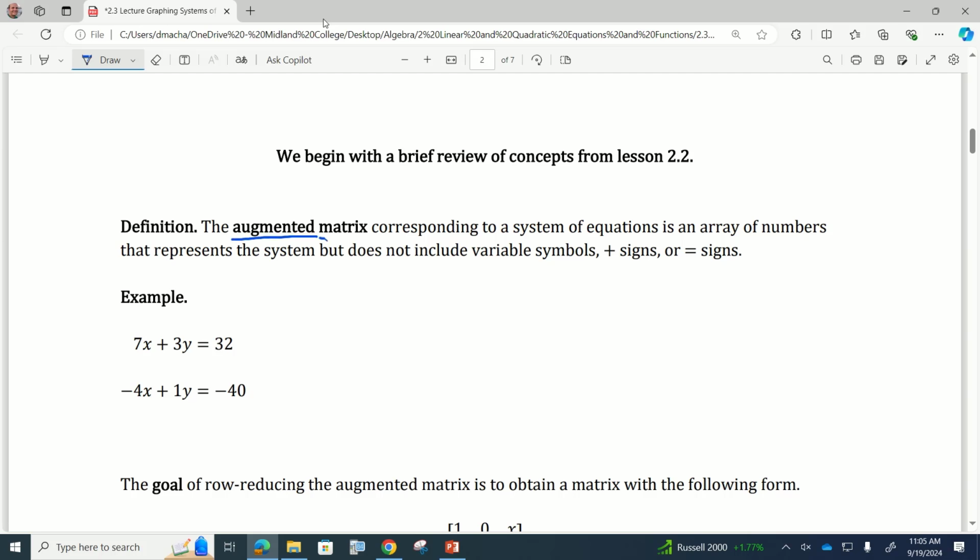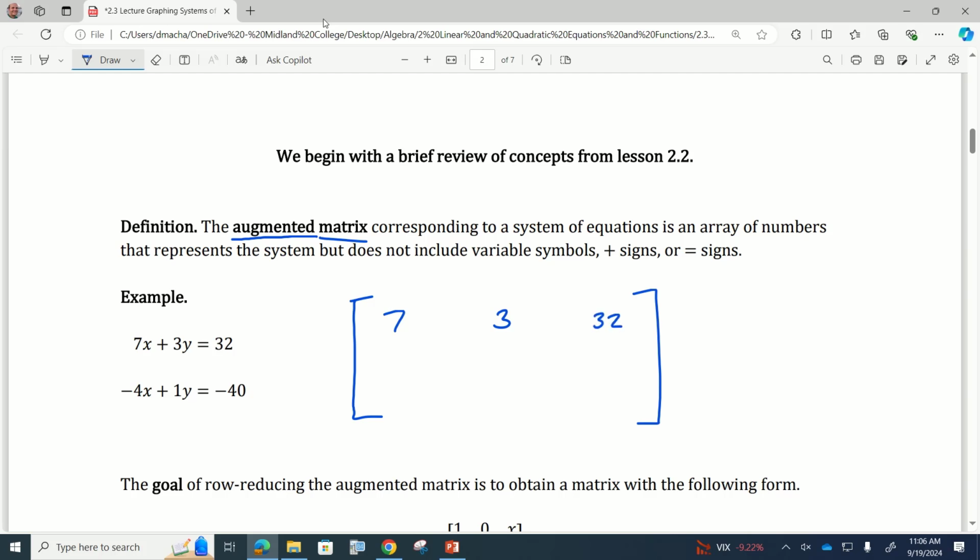First of all, an augmented matrix for a system of equations is just where you choose to rewrite the system of equations, but you don't write plus signs. You still write the minus signs. But we don't write plus signs, we don't write x's or y's, and we don't write equal signs. So if I wanted to write the augmented matrix for this system of equations,